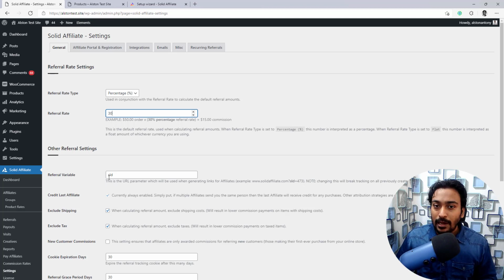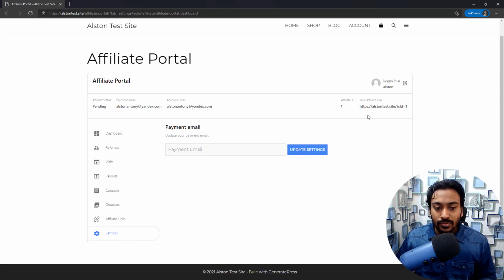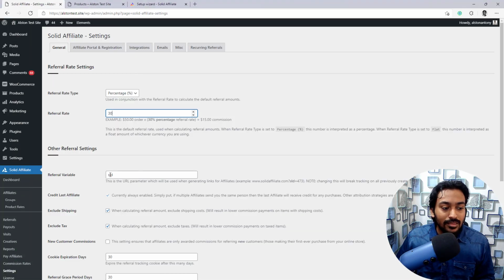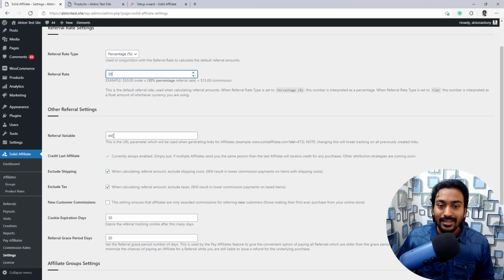And this is something called affiliate tracking ID. If I see the affiliate dashboard, you can see that this is my site link. After that, there is something like a question mark, ID and number. This is a specialized link which helps you to create a cookie within the user who is visiting this link, possibly helping the affiliate to make a commission and record them. So we have the control to change this ID. Obviously they are using their own ID. For example, SID equals solid ID, I presume, but you can change this to whatever you want.